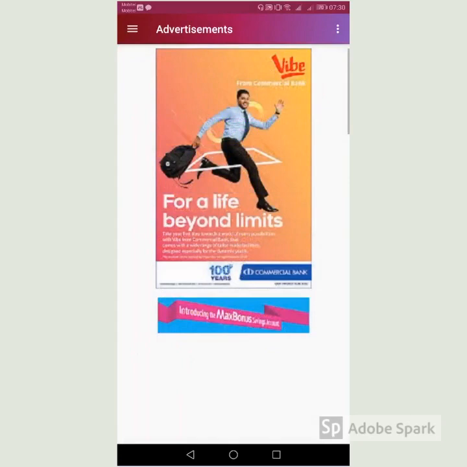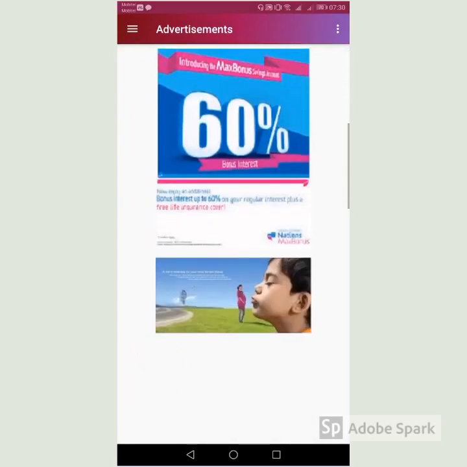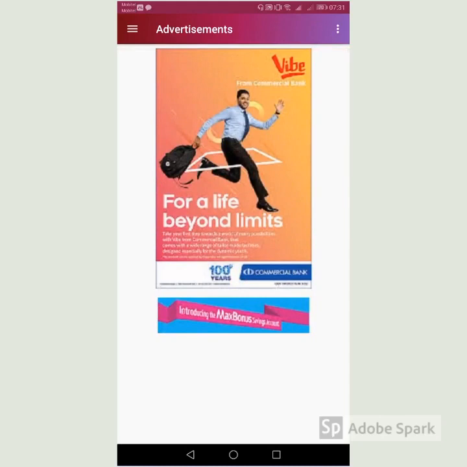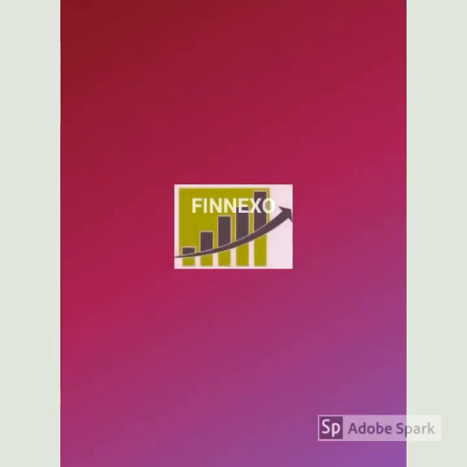This is the advertisement screen which will be implemented in future implementations where a bank could push advertisements in order to create awareness among their clients based on the goals that are set by the user in the Finexo application. The overall flow of the functionality is demonstrated for the Finexo application, and it is clear how Finexo helps people to manage their personal finances, mainly their income and expenses, and to be aware of their financial background.